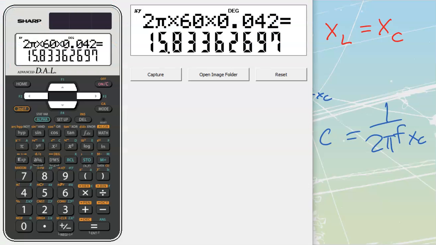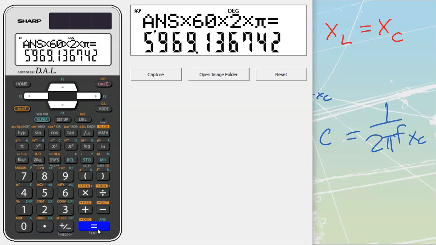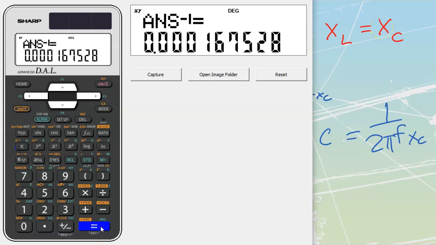Luckily for me, it's still stored in my calculator. So I'm going to go, without clearing this out, because that's right now a super accurate number we have, multiply that times 60, multiply that times 2, multiply that times pi, and then I hit answer. It's going to spit out this big number, and then we have to reinvert that number because right now we have not done that yet. So we'll do that, and we come out to a value that's going to look like this,